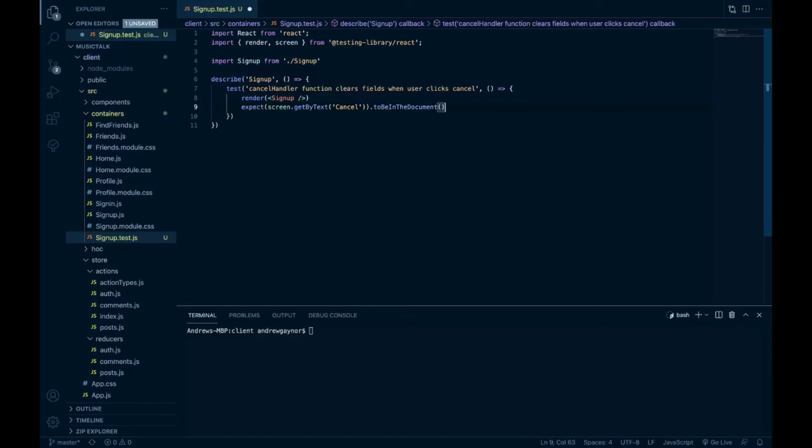And then this isn't the complete test, of course, but I would just want this test to pass as is, just to make sure that I have everything set up right and that I have the sign up component in there. So we save that, come down here, npm run test,